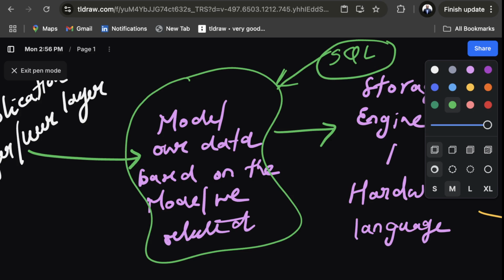So this is how the physical representation is going to work, right? But then suppose we have an application, right? So we need to,